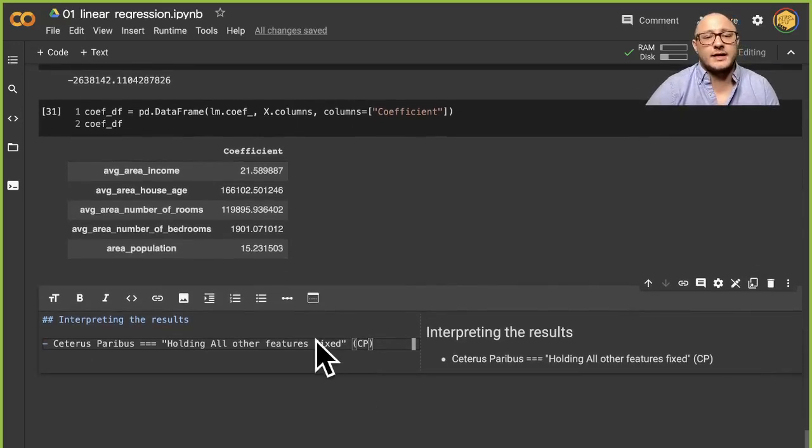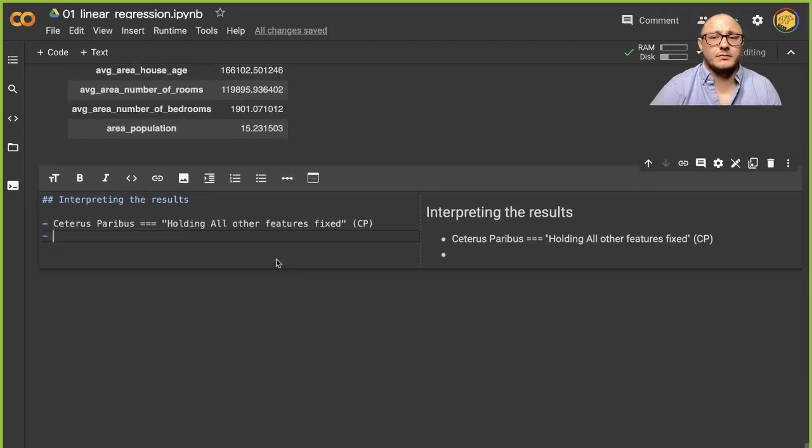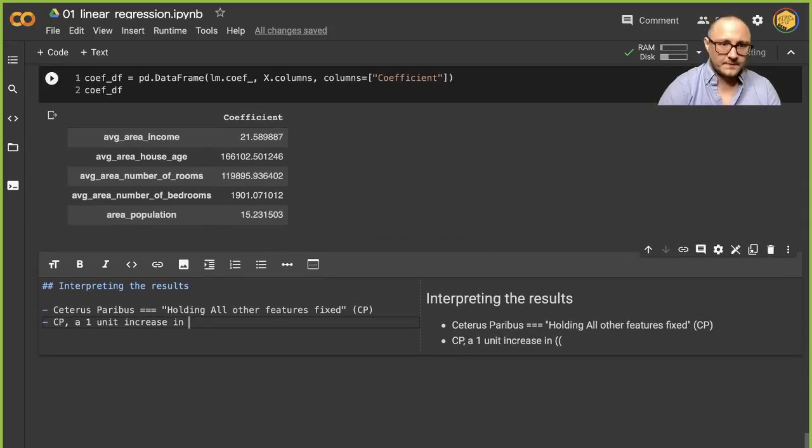And again, when you're writing this out, I would usually write out holding all other things fixed or all other features fixed, but I'll just write CP in order to keep this a little bit more simple. So CP, a 1 unit increase in,